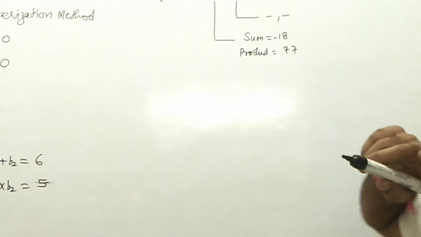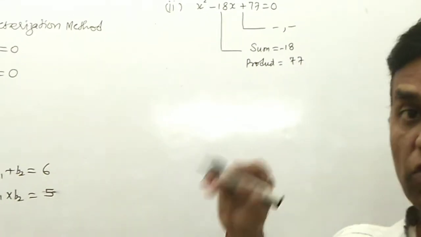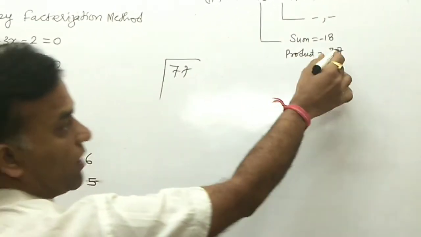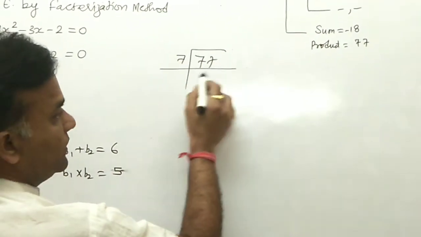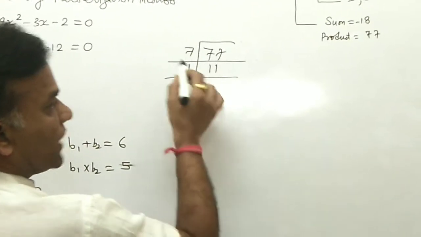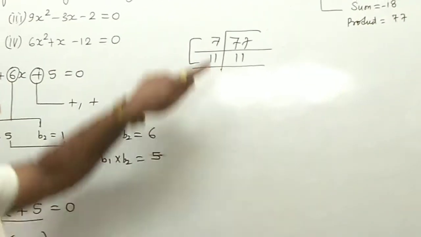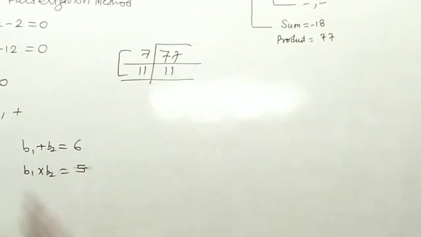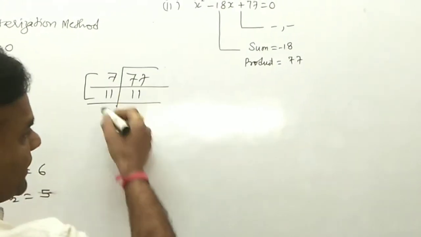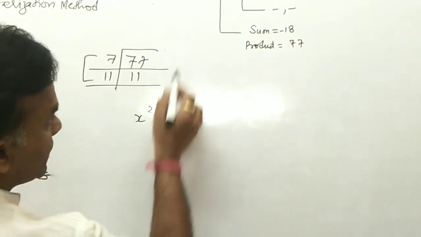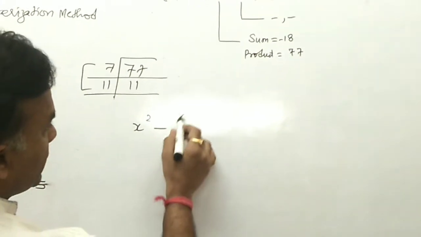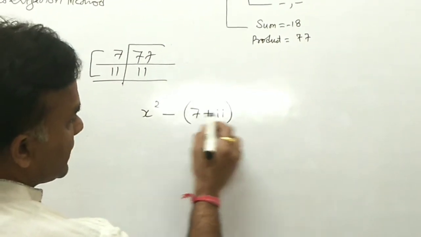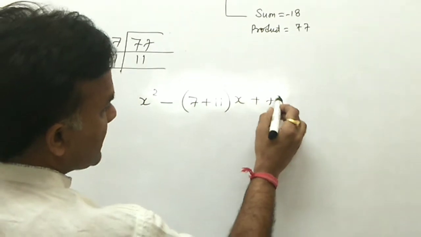Okay, so first here you find the factors. Suppose you don't know the factors, how do you factorize? So first you find out the factors of 77, the product value. So first you factor this value. Okay, so now directly you get the factors 7 and 11, because 7 plus 11 is 18 and 7 into 11 is 77. So now you have the 2 factors, 7 and 11 here. So you split the middle term now here, 7 plus 11, because the minus sign is outside, of x plus 77 equal